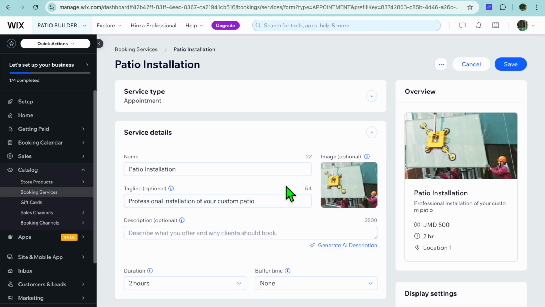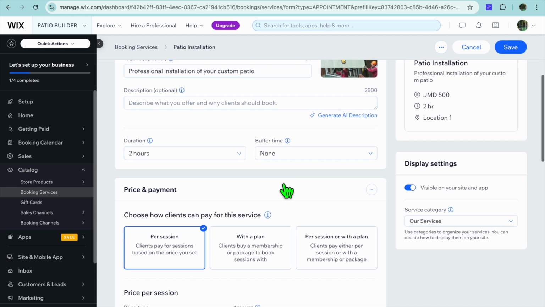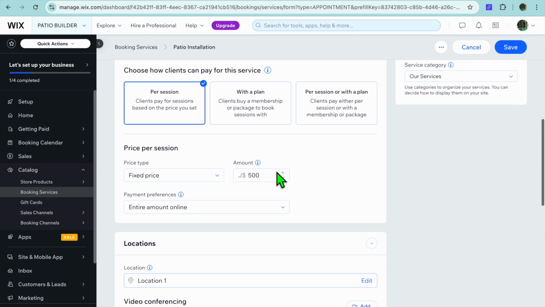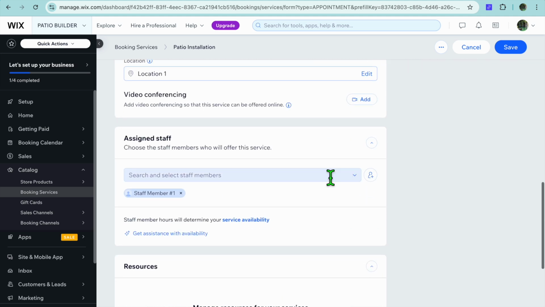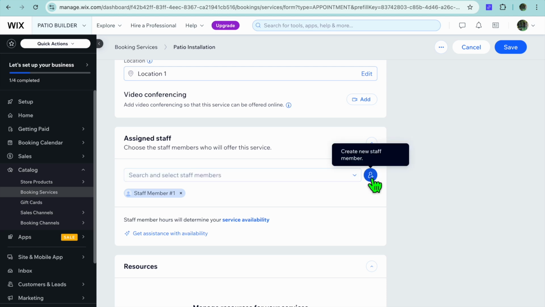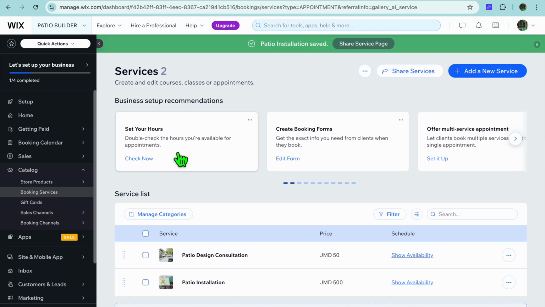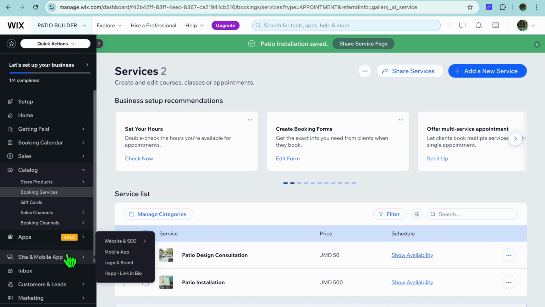After doing that, you could change the cover image or leave it as is. Then you'll scroll down, you could change the duration. And you can also change the cost right there. And if it is a case that you have more than one staff member, which more than likely you do, you can tap here and you could create staff members. And you can also add in or assign them to different tasks. Then you will tap on Save in the top right hand corner